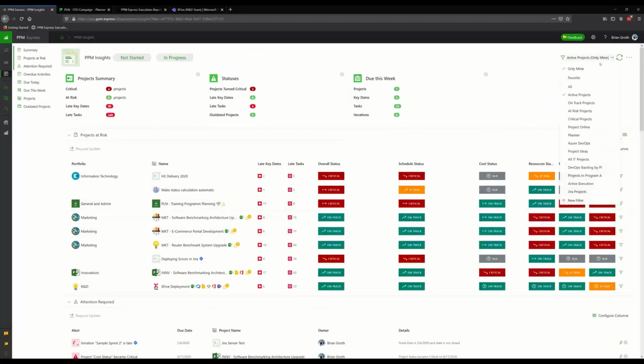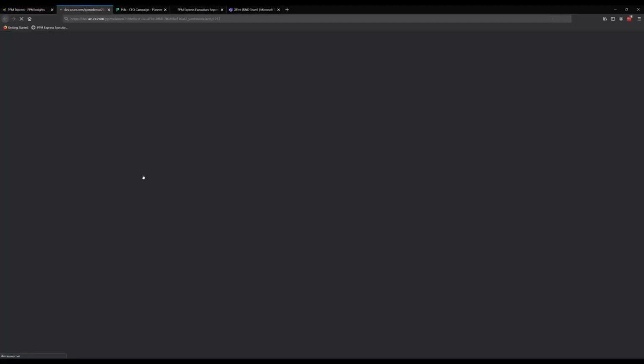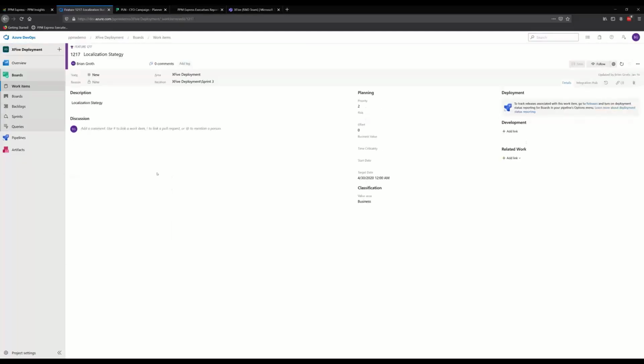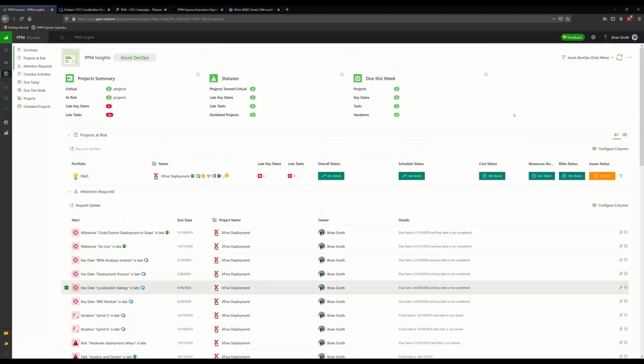And again, I can see only my projects, I can see all projects, or I can see, for example, projects that are from Azure DevOps and filter all that information here. Absolutely, you can do that and access that information this way, and the system gets all that information for you. It's a very nice tool for portfolio managers and project managers, so you don't have to jump between different solutions. It's all aggregated, all collected, all in one place that you can see and access from one single